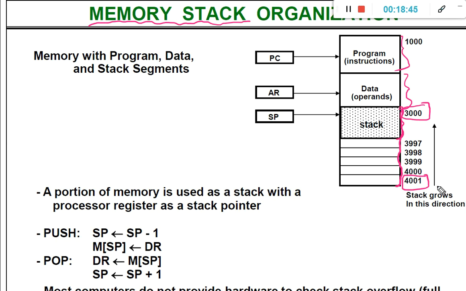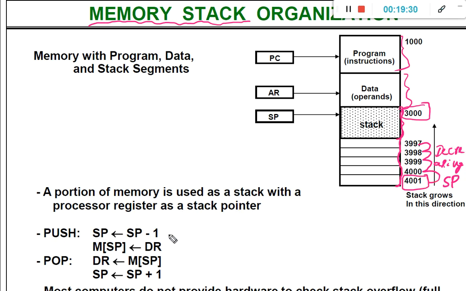And you can see we have to implement the stack from bottom to top, and you can see the stack pointer is decreasing rather than increasing. Decreasing stack pointer. Okay. So actually in the previous case of the push operation, we incremented the stack pointer. Now because the values are decreasing from bottom to top, we are going to decrement the stack pointer and then perform the push operation. And as far as the pop operation is concerned, we are going to increment the stack pointer. So that you can see here.